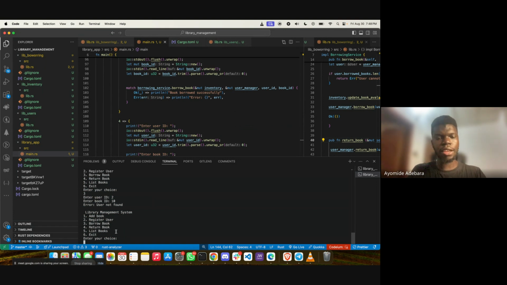So for this, we are going to register another user. What's the user's ID? Let's call the user ID 2 now. What's the user's name? We can say Nomad. Now, Nomad has been registered. So in this case, the first user is going to borrow a book, and then let's see if Nomad can borrow the same book. So we are going to enter 3,